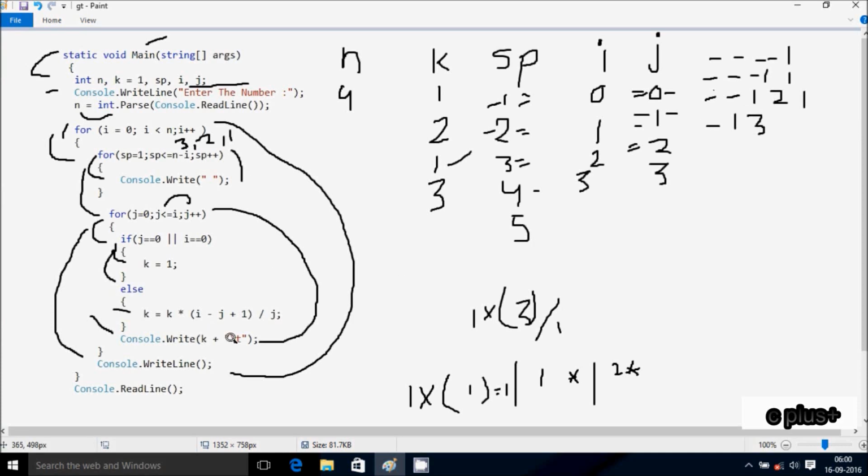And after that, leave 8 character space, j increases, so j is now 2. Check the condition: 2 less than I value 3, the condition is true, that coincides. Here check the condition j is 0. So j is now 2 and I value is 3, the condition is not true, not going to the if part. Here control comes to this point, k. So k value is now 3